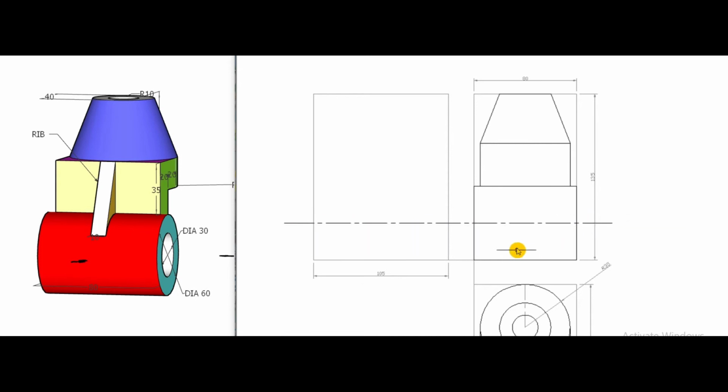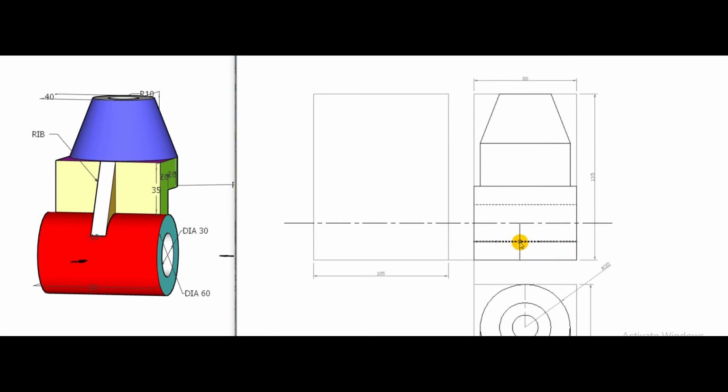Now the dotted line will be 15 mm above and 15 mm below, because the diameter of this drill hole is 30 mm. Now draw this other dotted line.